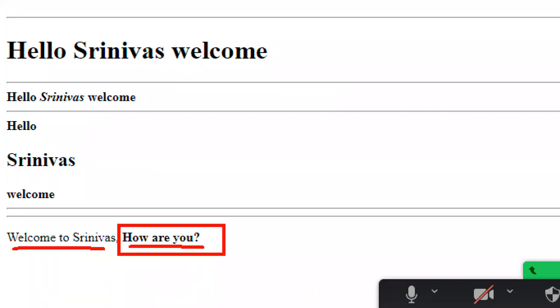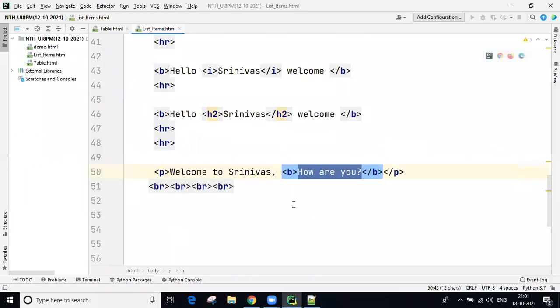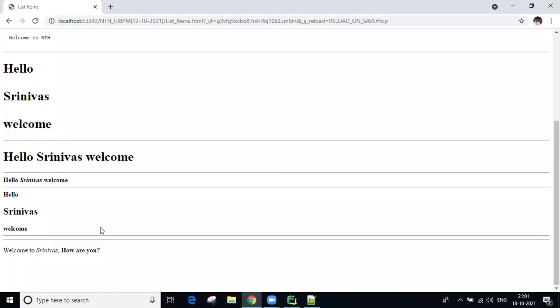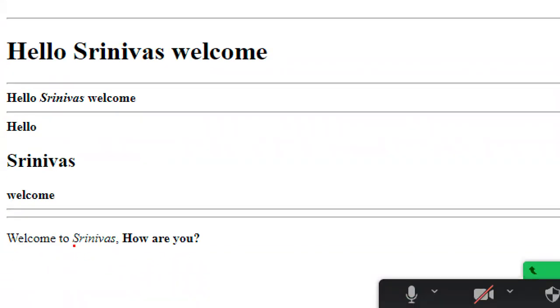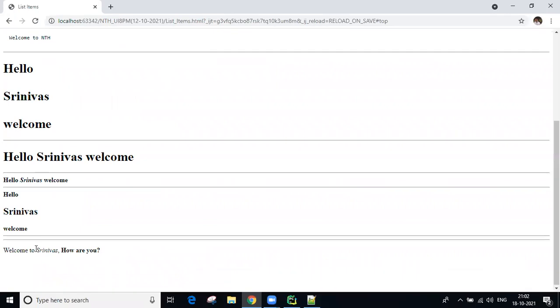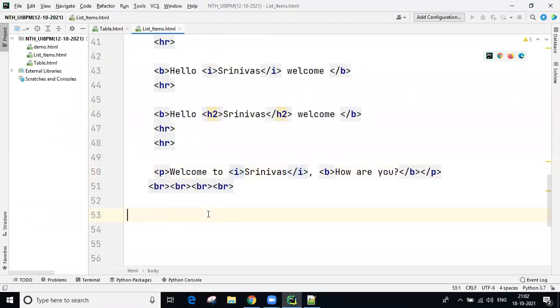So you are getting bold content. Now here, only Srinivas, I'm going to use the I tag. I means italic. Italic means the content is slightly slanted, bending to the right side. Okay. So these are all small tags, depending on the situation we are using. B tag, I tag. Okay.